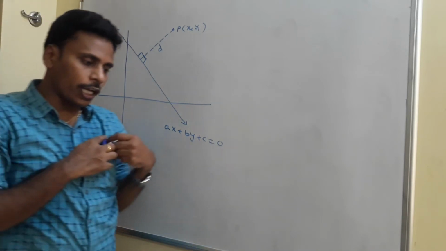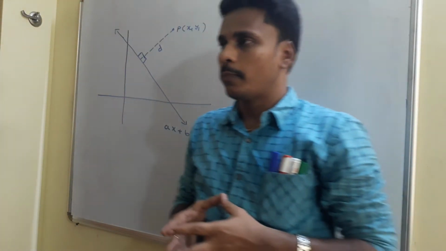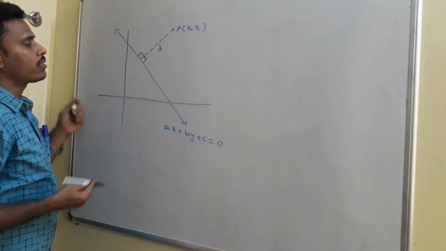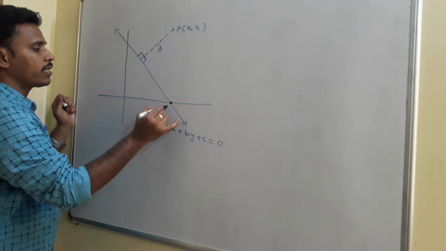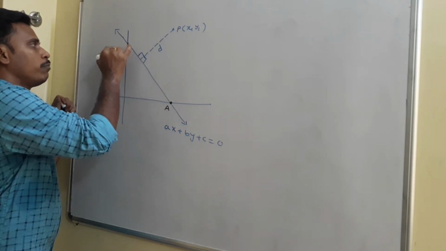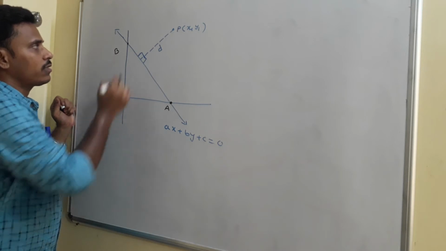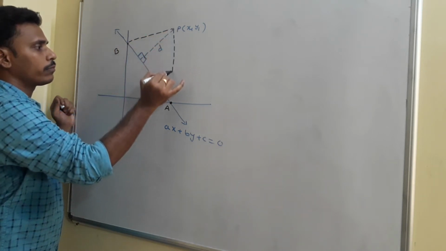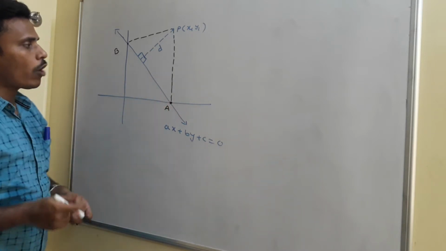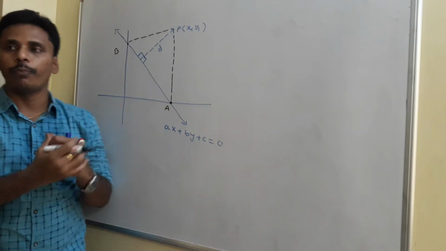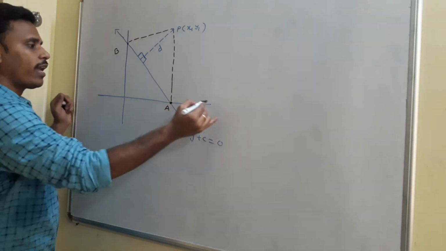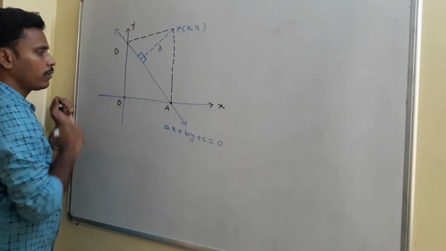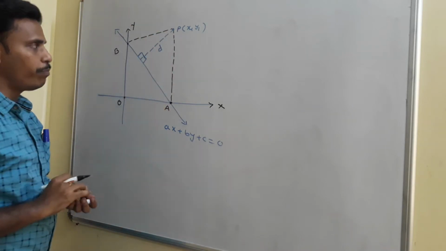Now, to find the perpendicular distance in the coordinate system, how can I proceed? Have a look at this. I will mark a few points there. See, you just mark this point as some A and this point as some B. If you join B to P and A to P, there forms a triangle. This is the x-axis, this is the y-axis, and this is the origin, we know it. So now a triangle ABP is formed there.